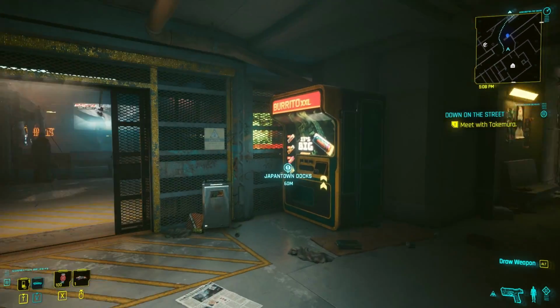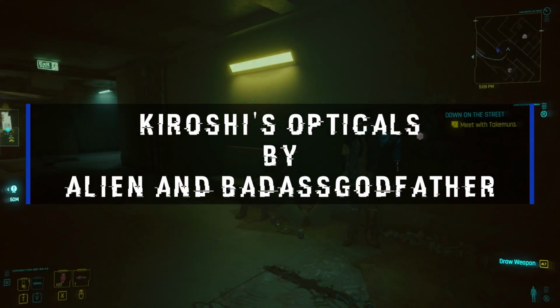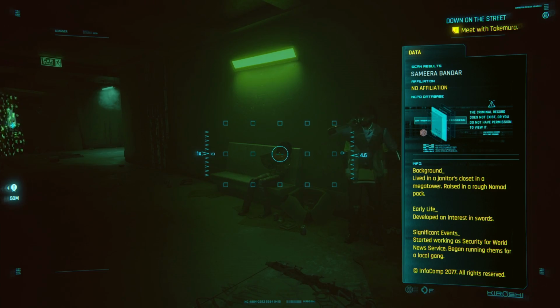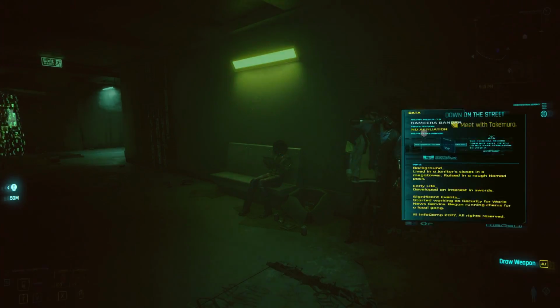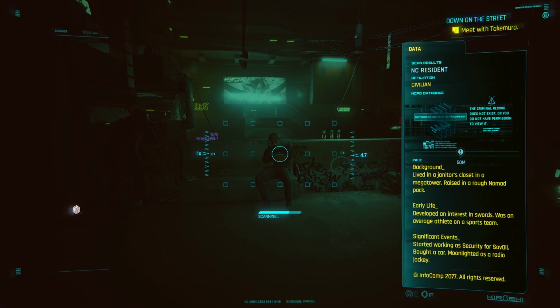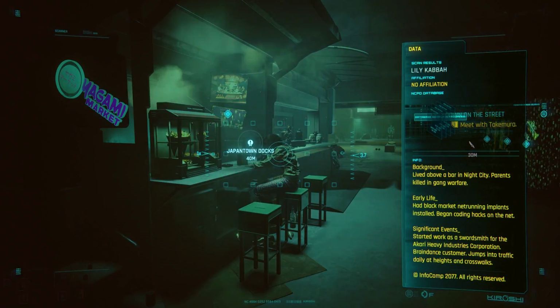So the next mod I'm going to be showcasing is called Kiroshi Opticals. Now what this does is allow you to scan NPCs, and when you scan an NPC, you'll get a little bit of a backstory about them. Now this isn't really game changing, however I feel like it's one of those mods to where once you install it, you don't want to uninstall it, because it just gives a little bit more